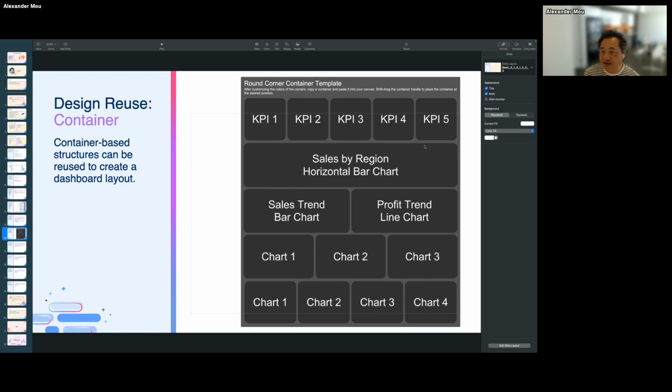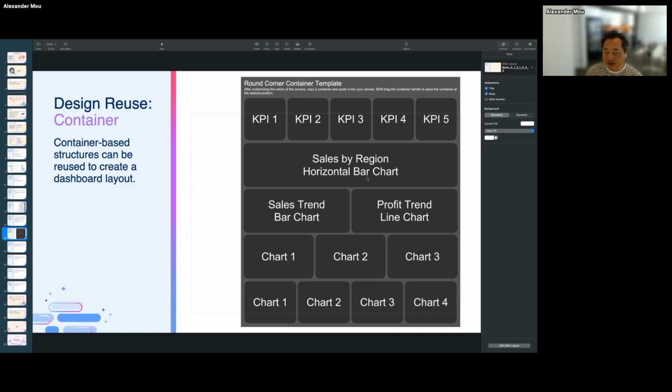Here's the initial design. I have 5 KPIs. I want them all on top, and then a sales bar chart, sales trend, profit trend, etc. I have so many charts, and this is an initial layout for my dashboard design. All these are accomplished by using containers.